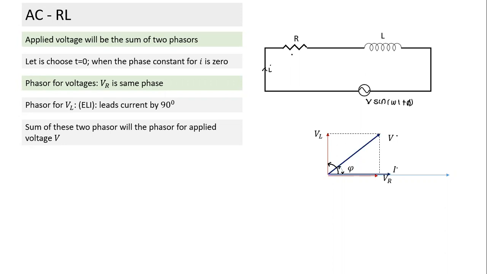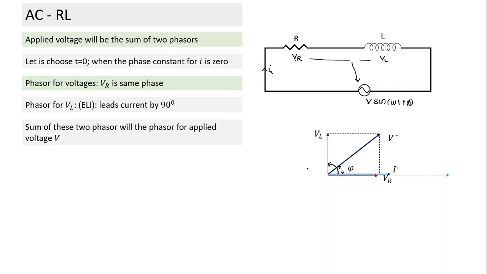Current, and voltage across resistance, which will also oscillate since the current is oscillating. And since the current is oscillating, the voltage across the inductor will also oscillate. So all quantities are oscillating, all are sine functions, and all sine functions can be represented in the form of a phasor. What is the relationship we know? This phasor and this phasor will always be in phase. And this phasor and this phasor will have a difference of 90 degrees. And the sum of these two phasors has to be equal to this phasor. These are the things we know.